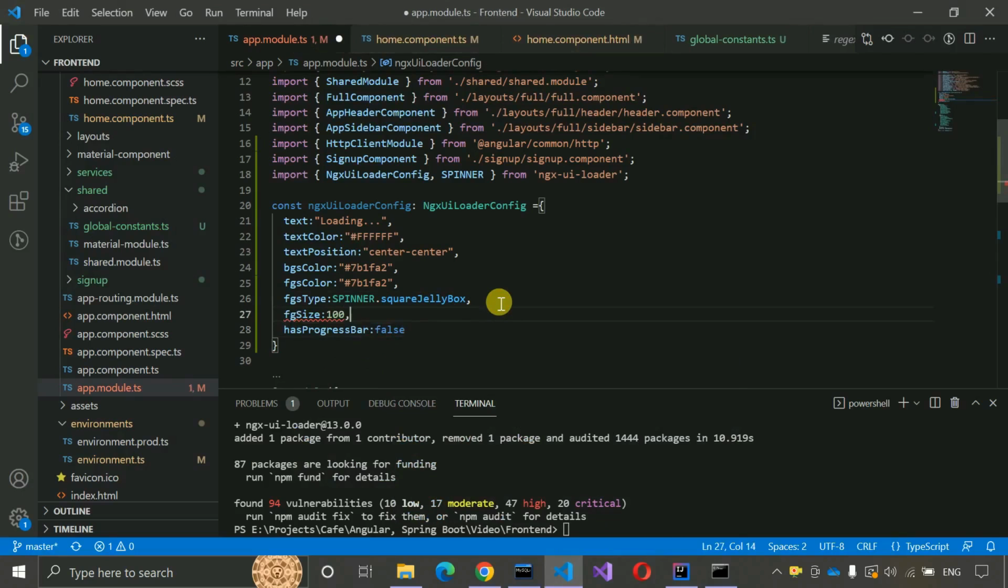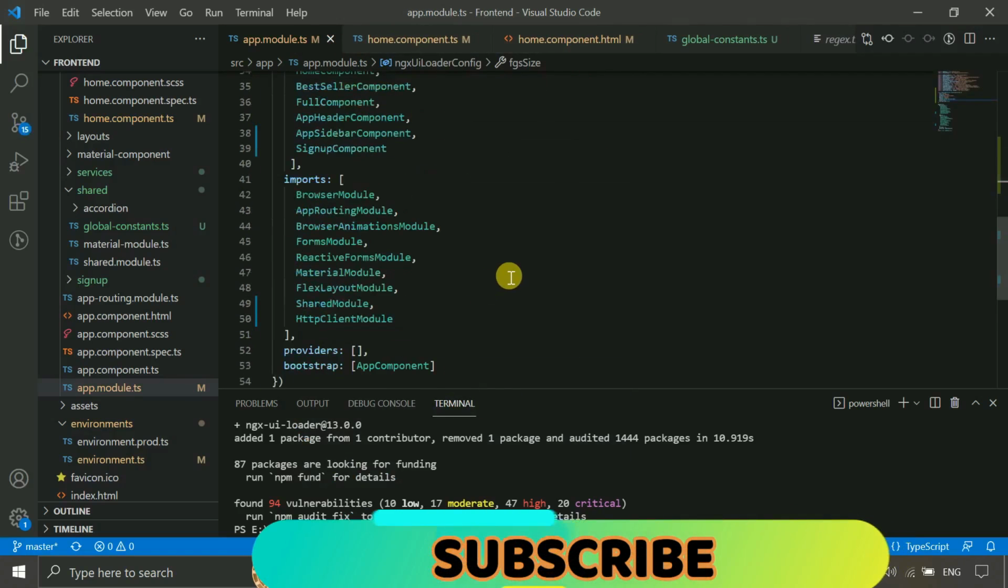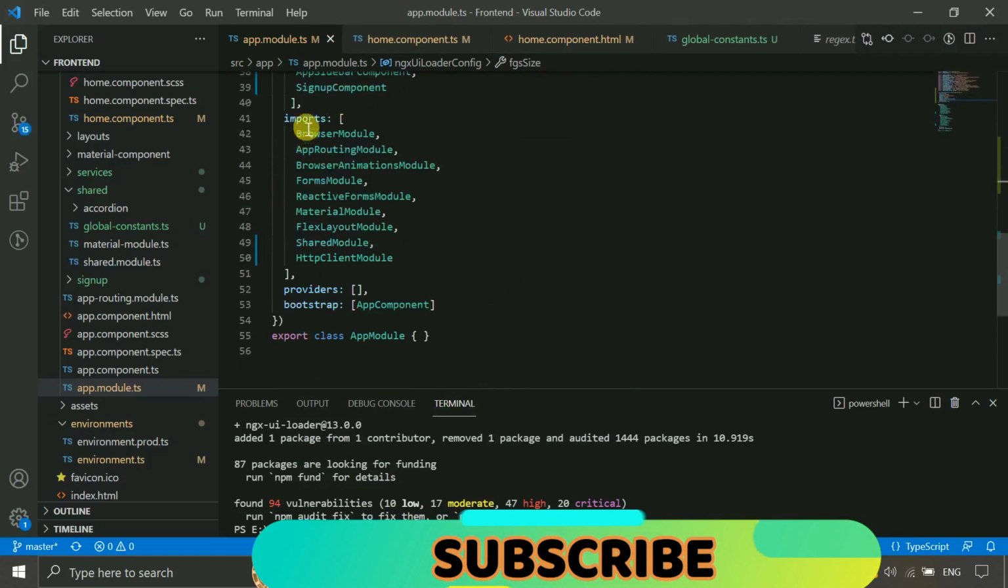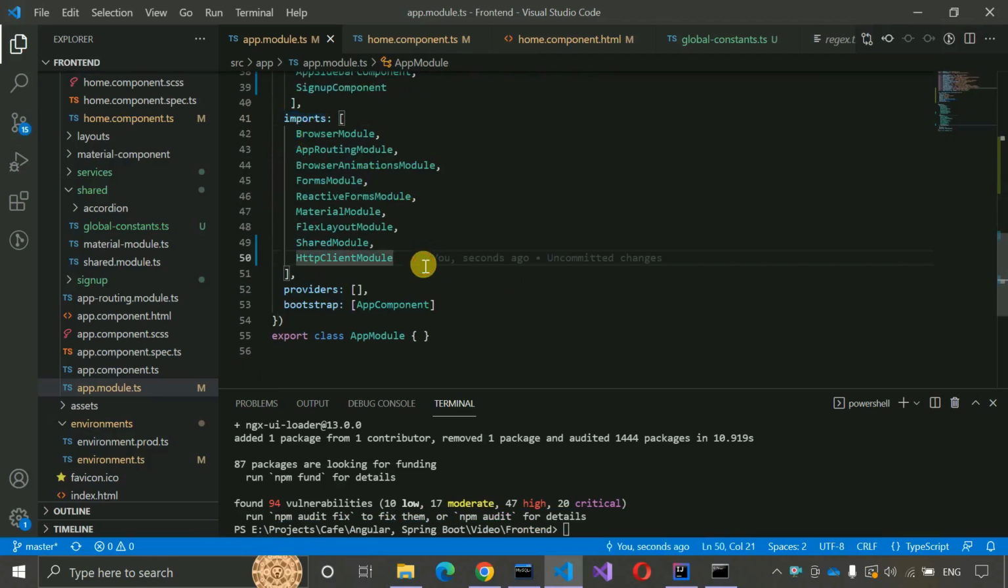And what's giving us error? Okay, this one should be fgs size, not only that one, so that's why it's giving us error. Once you added this one, then you have to go a little bit down, so you have to go to the import at this place, and below this one you have to write here